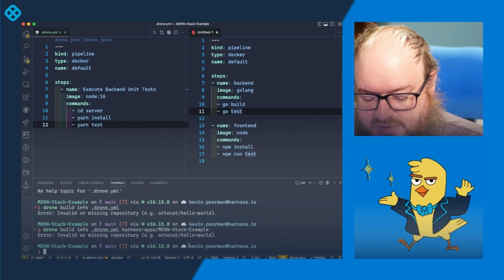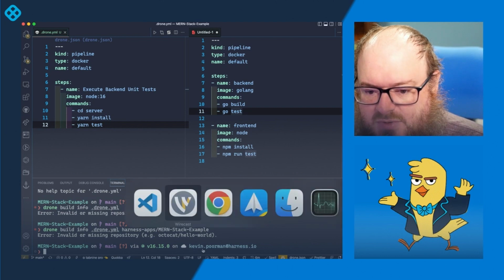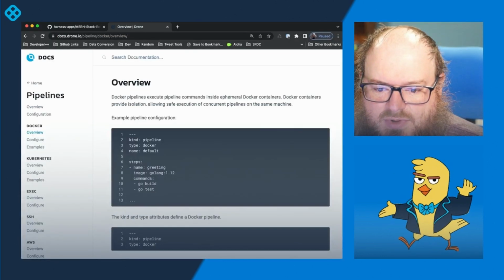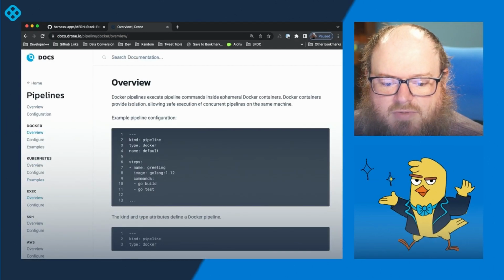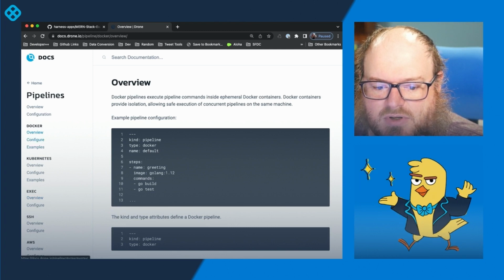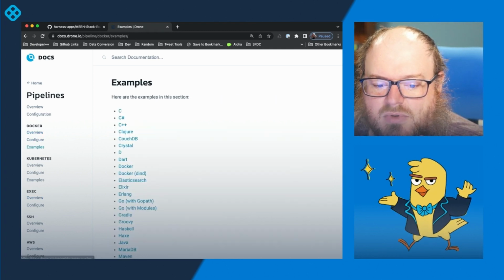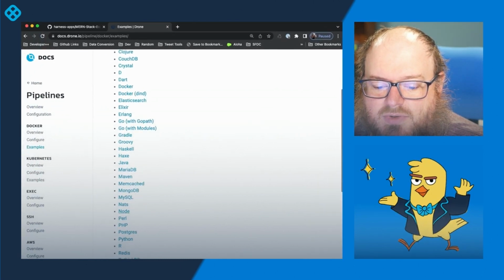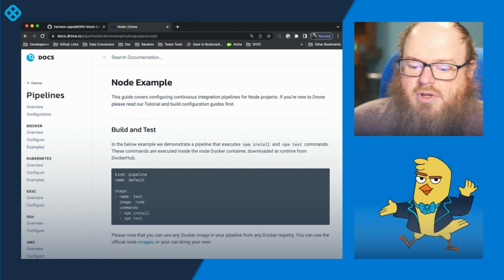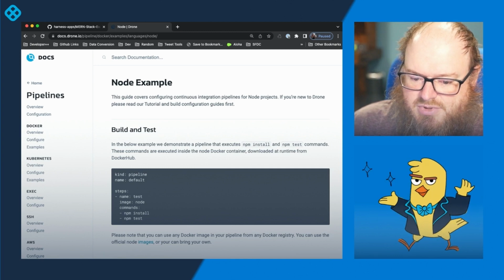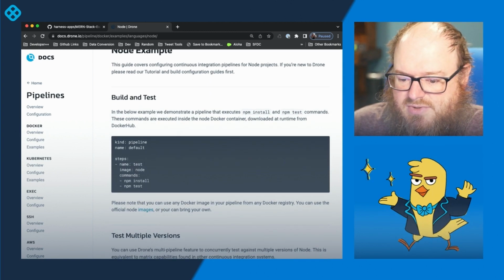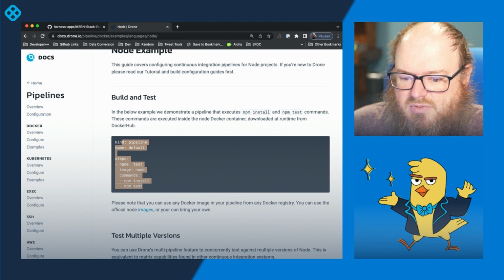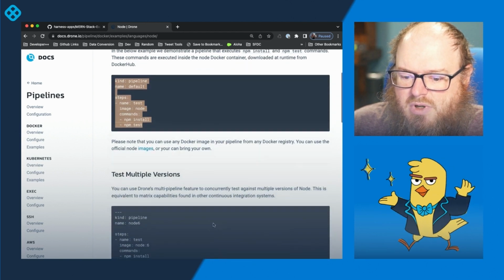So let's look at our documentation again, because I've been doing Harness CI for a bit, and I seem to have forgotten my drone stuff. So let's look here and go to examples, and let's look at an example for node. That's what we're doing here. Okay, here we go. Test node, image, commands, npm install, npm test. So this looks like pretty much exactly what we want,